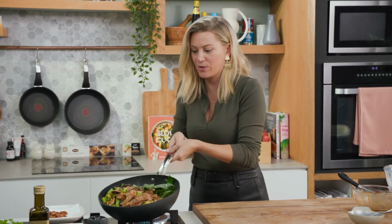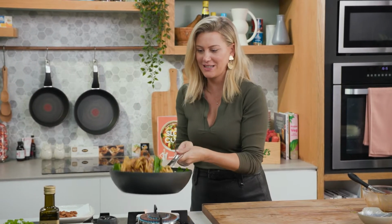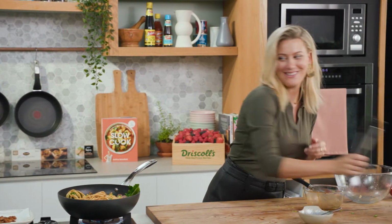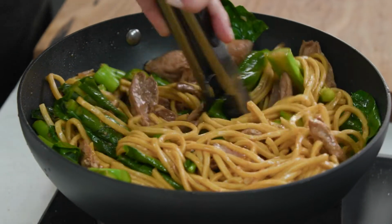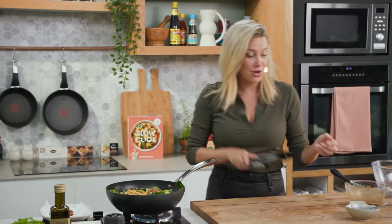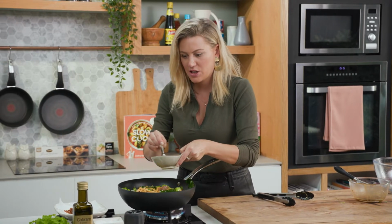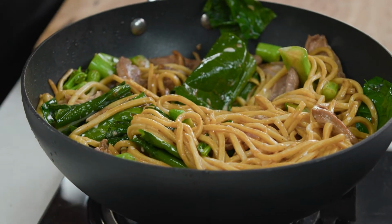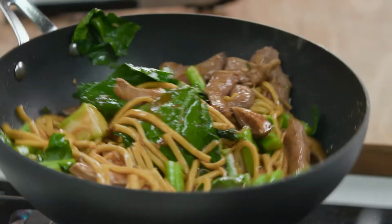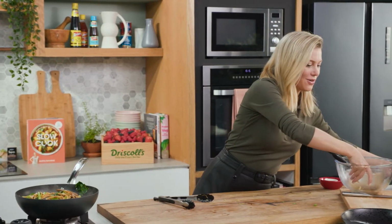We're just going to toss that now. And those leafy greens will start to wilt down. And look at that glorious sauce coating all of that duck. Smells pretty good. Just toss that around and get those leafy greens at the bottom of the wok so they wilt quite fast. And don't forget our corn flour mix. You only need a small amount of this just to bring the sauce together, and it'll also give it a gloss. One last toss. And then the heat off. Simple as that. I'll grab a plate